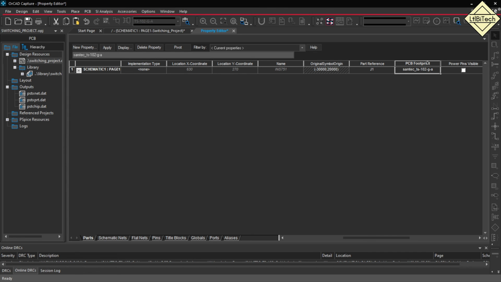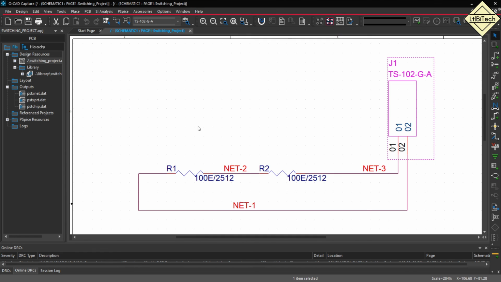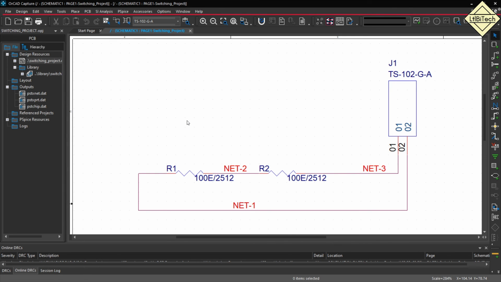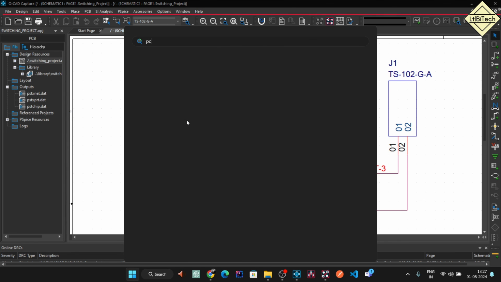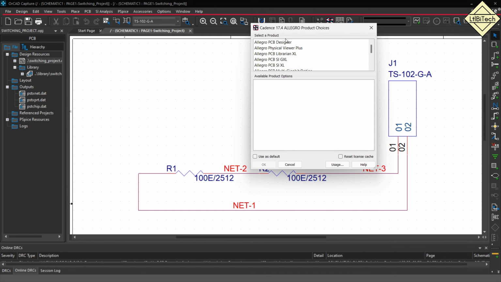Okay, so this is the footprint, that is PCB. The PSM file is attached, so we'll click on apply and right click here, save this. Okay, so now we'll open the footprint and we'll attach the 3D. So we have not downloaded the 3D, so we'll open the footprint first and we'll check the pin and pad numbers. So we'll go to PCB editor, select Allegro PCB Designer, click OK,